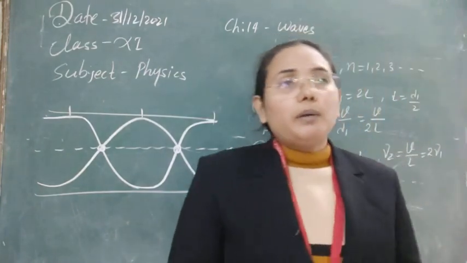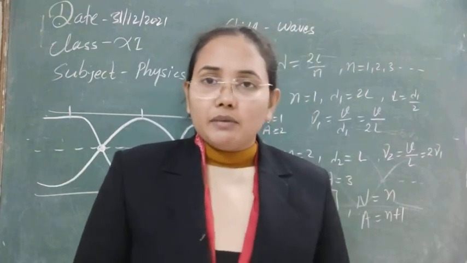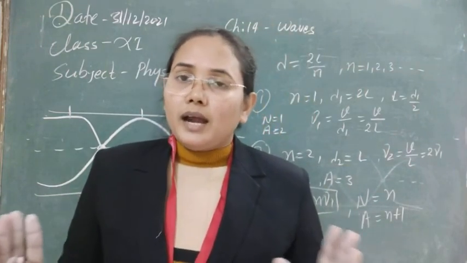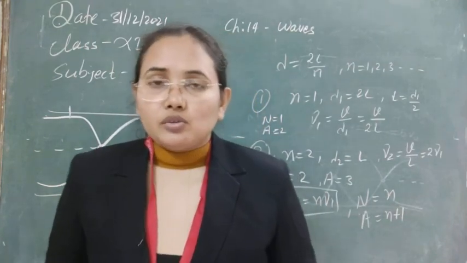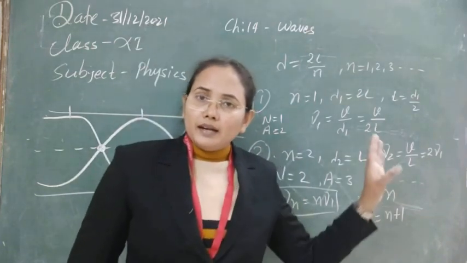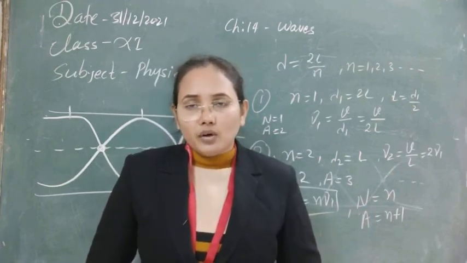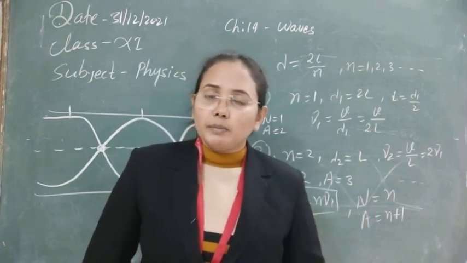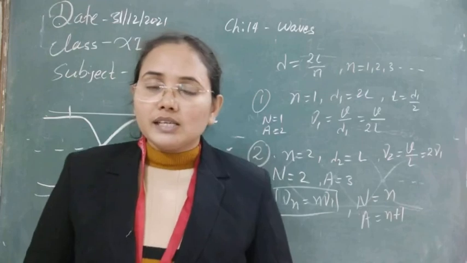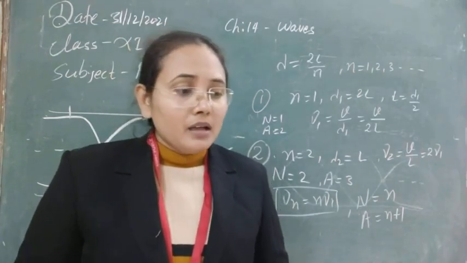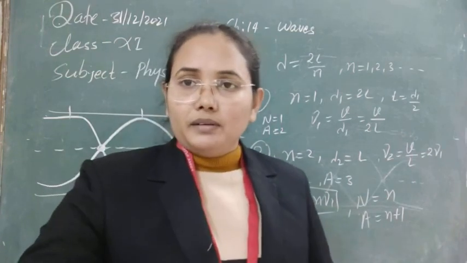So this is all about the standing wave up to now that we have seen. First standing wave we have seen when both ends are closed and how the vibration will be generated, then if one end is closed and if both ends are open. So we have seen if both ends are open, then the analytical or mathematical treatment is same as before, but number of nodes and anti-nodes are now exchanged, and also the generation of wave is different than before. Where we were getting nodes, here now in this case we are getting anti-node at that point, and the closed case is completely different than these two cases of closed and open.